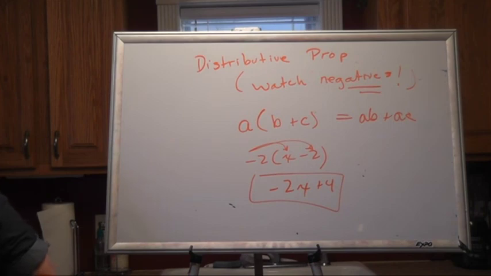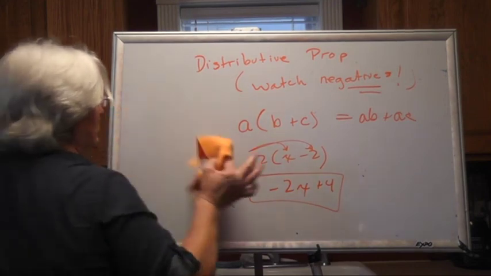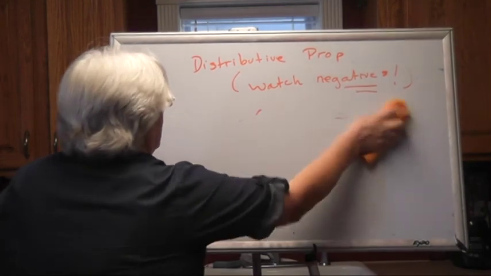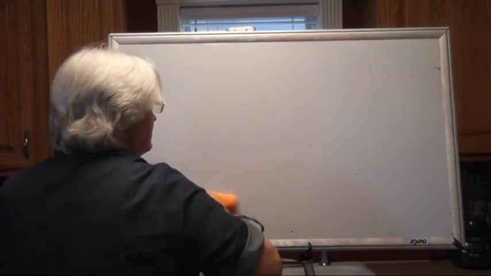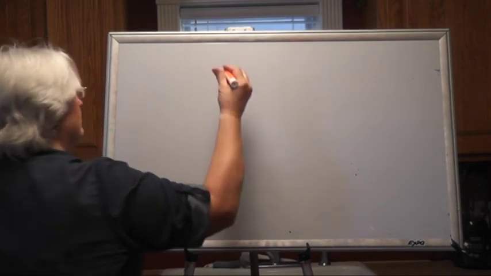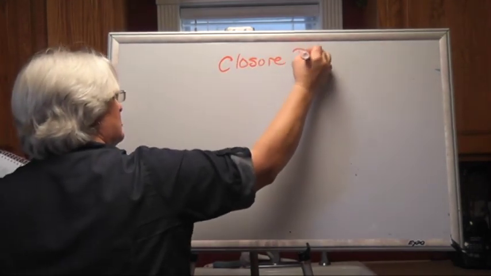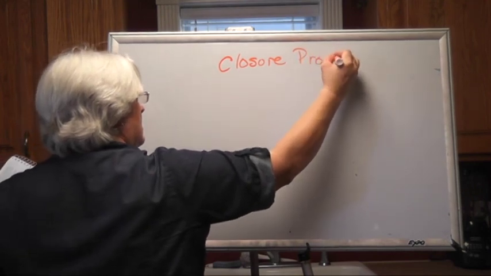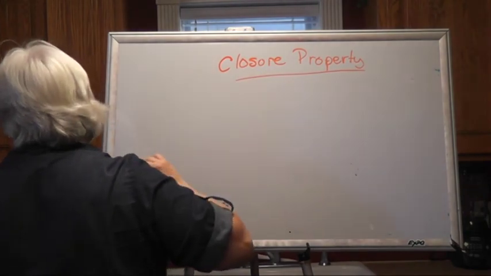The last property that we want to mention that is new to us this year is called the closure property. And frankly, I don't remember the closure property being used. I think it's just something that we understand, but they have a name for it. So let's talk about it for a minute. We have the closure property. It says that